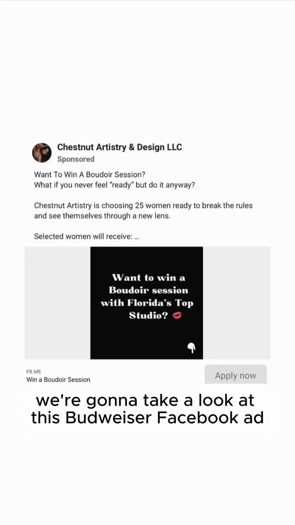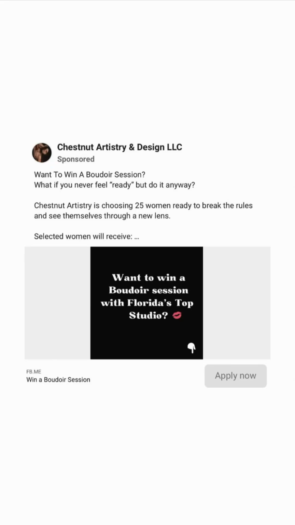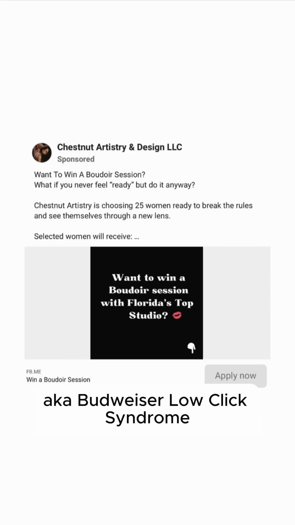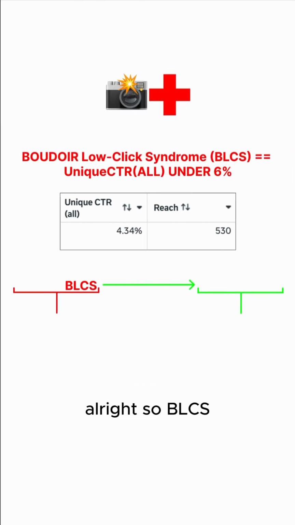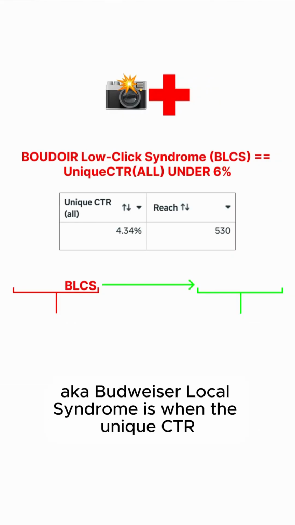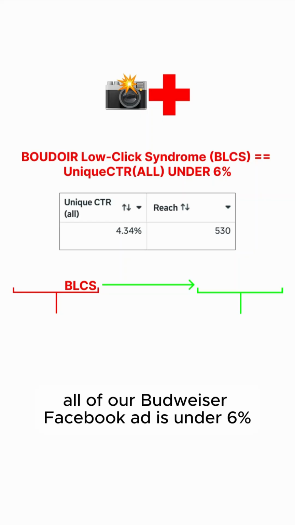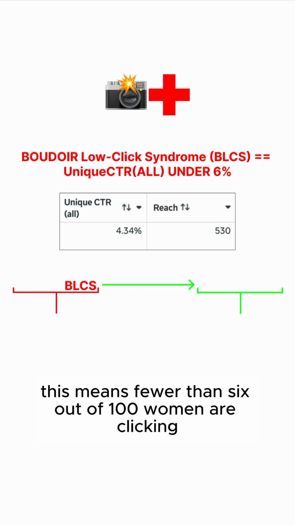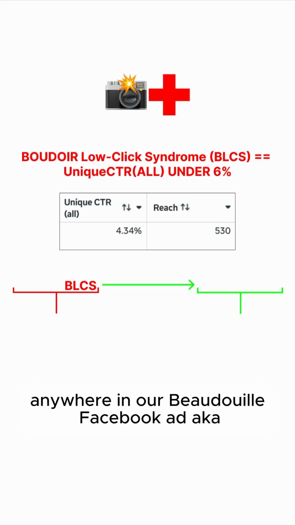All right, y'all, we're going to take a look at this Boudoir Facebook ad, see if we believe it has BLCS, aka Boudoir low click syndrome. BLCS is when the unique CTR of our Boudoir Facebook ad is under 6%. This means fewer than 6 out of 100 women are clicking anywhere in our Boudoir Facebook ad,